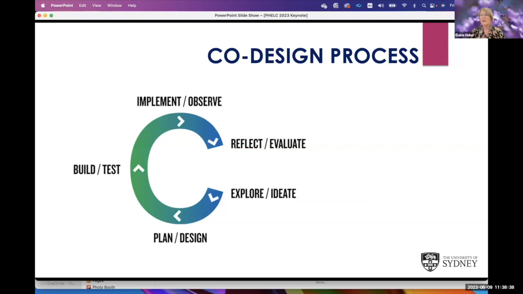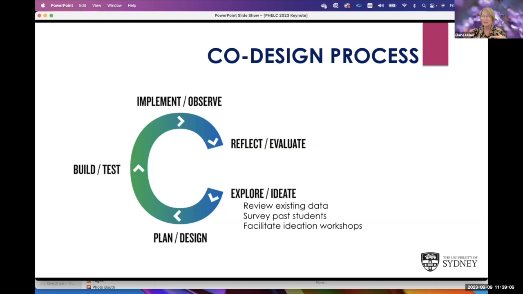And so the process that we go through, you're probably quite familiar, and if you design your own teaching or you support others who design, you'll be familiar with this terminology. And whether you do this alone or as part of a team, I'm sure you all go through these steps, possibly without thinking about it, without naming it, but this is the process that we go through. So we start off with that big picture ideation.